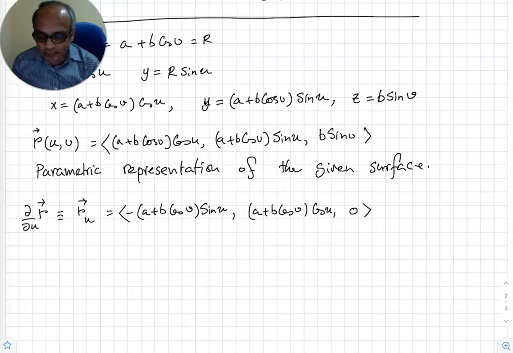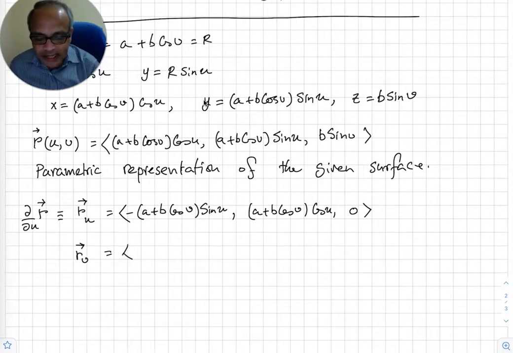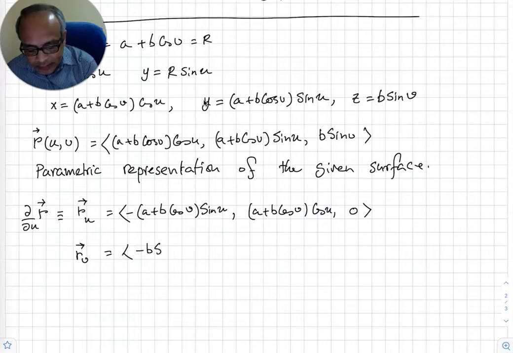I'm going to tell you what this derivative means in a minute. But let's say we have differentiated with respect to u. Can we do a differentiation with respect to v? Yes, we can. So differentiate with respect to v. This time cos u in the first term is a constant, sine u is a constant in the first term, and so on. So if I differentiate a plus b cos v, that will be negative b sine v